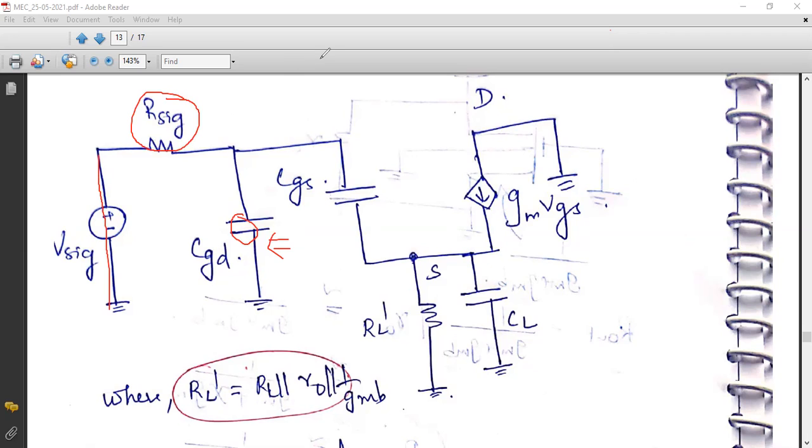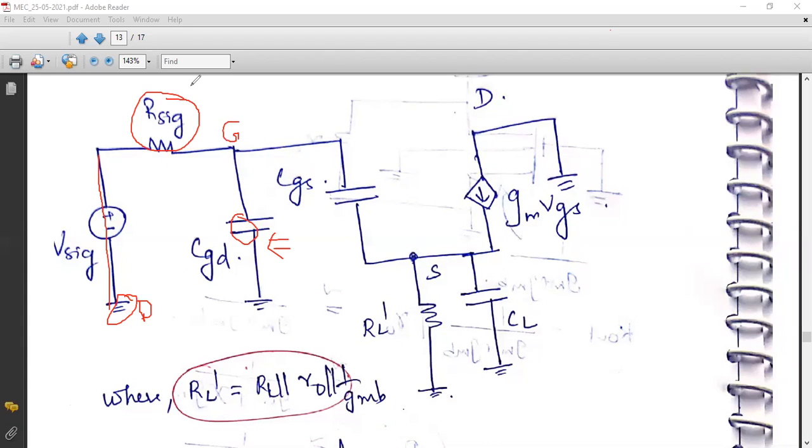So what is the resistance that you are seeing, students? It is nothing but Rsig, isn't it? Because Rsig is connected between the gate and drain. I can call the drain as ground here. I will consider my drain as ground because this is source follower. In source follower, the drain will be at ground for high frequencies, isn't it? So if you look across the CGD terminal, the resistance I can see across the same terminal G and ground is nothing but Rsig.